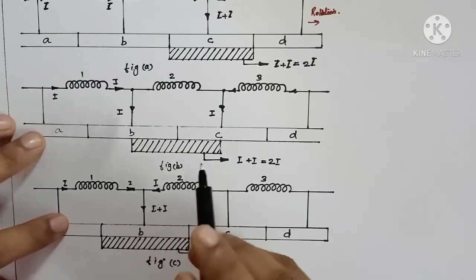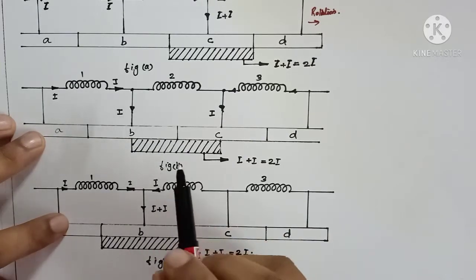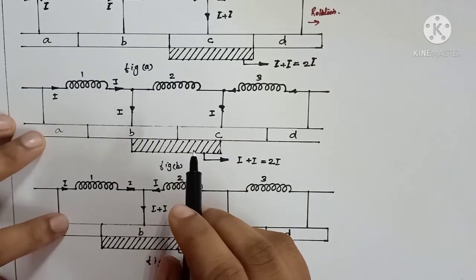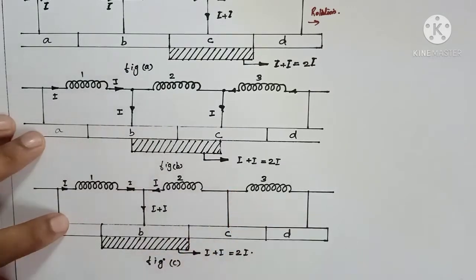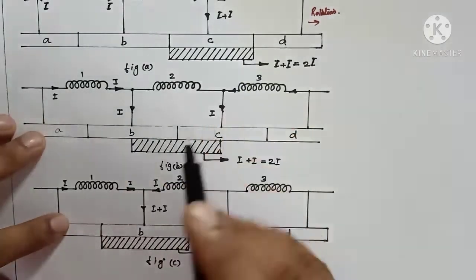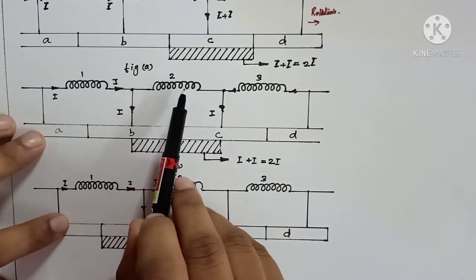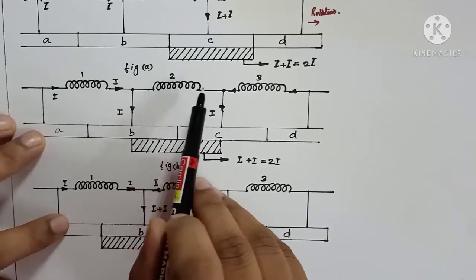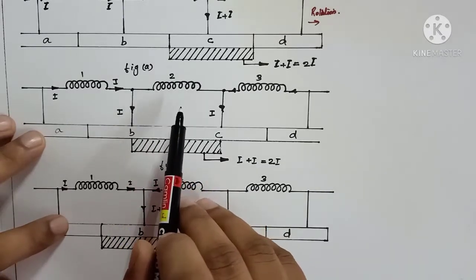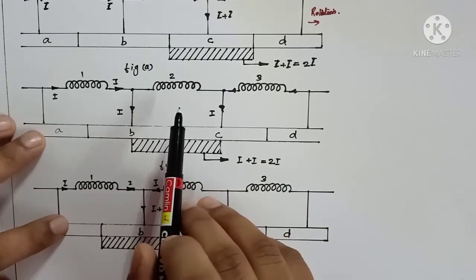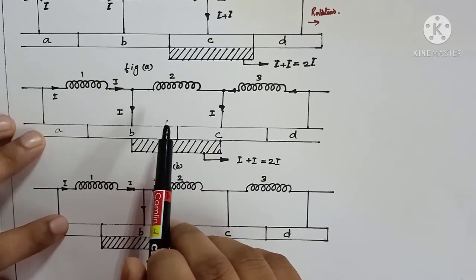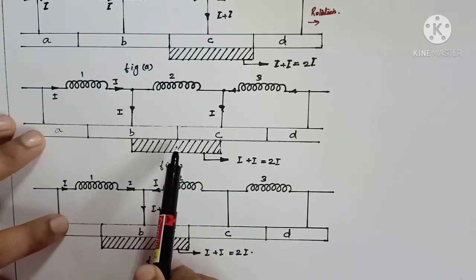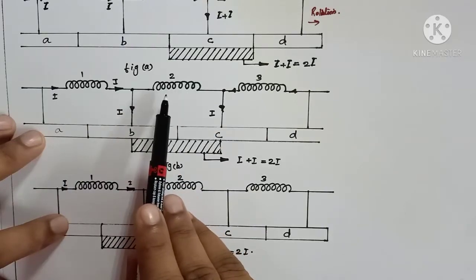In the normal case, the time required for the short circuit period, or the time required to reverse the flow of current through a particular coil, can be 1 by 500 second. Within that time, the current must be reversed in that particular coil, so the time required for reversal of current in that coil is the commutation period, that can be 1 by 500 seconds. So during this short circuit period, there will be no current through the second coil.